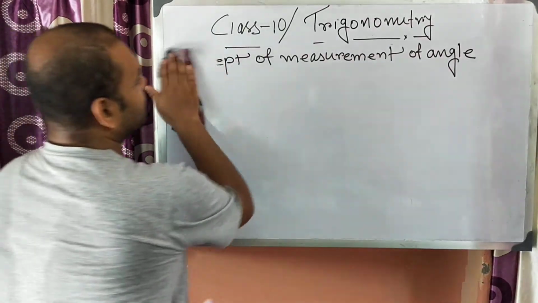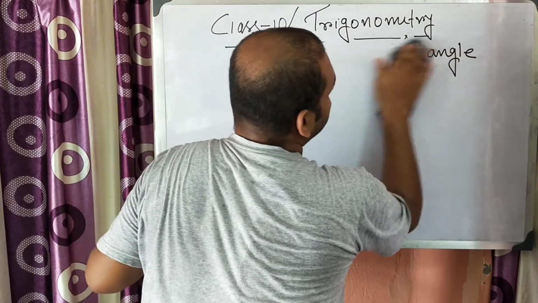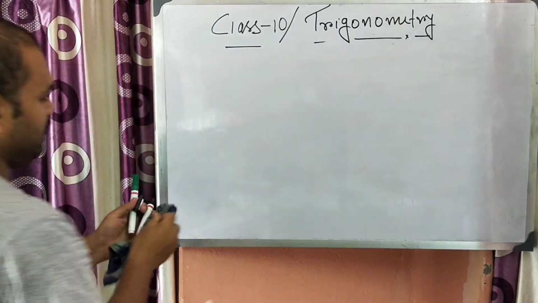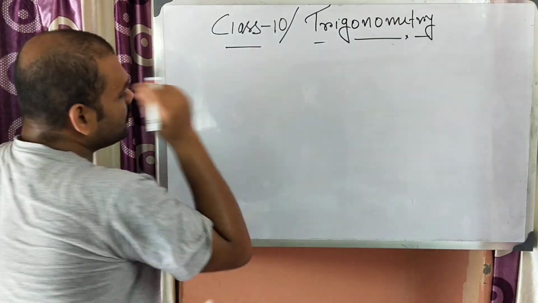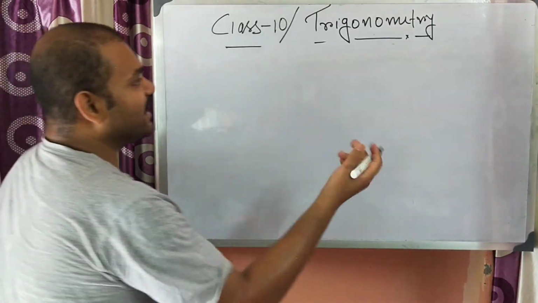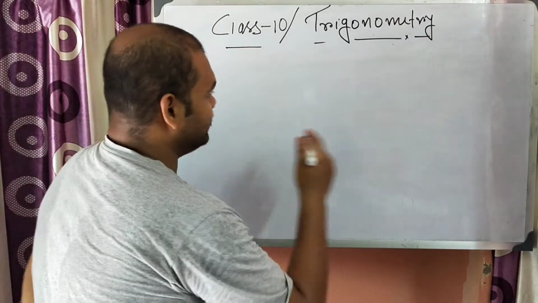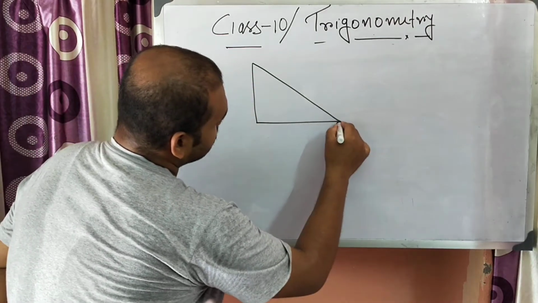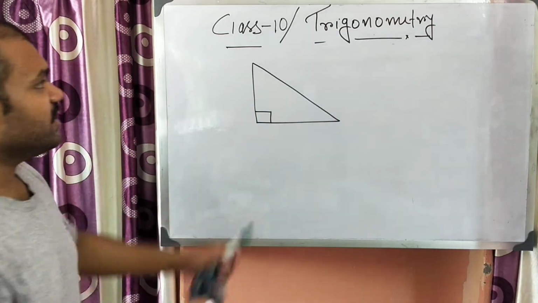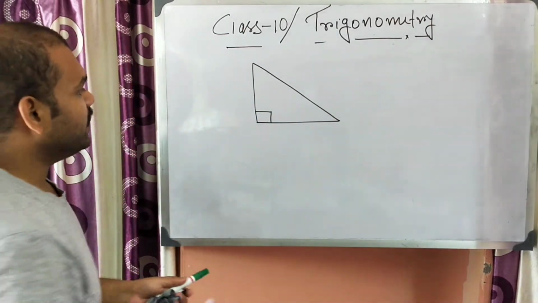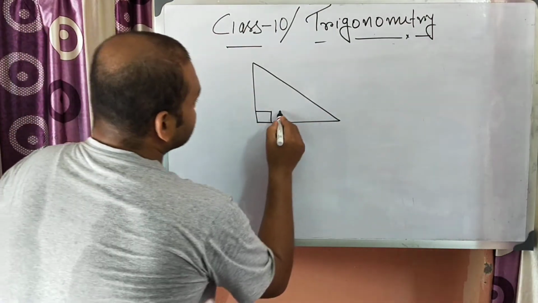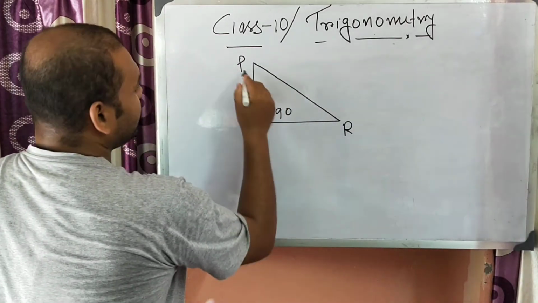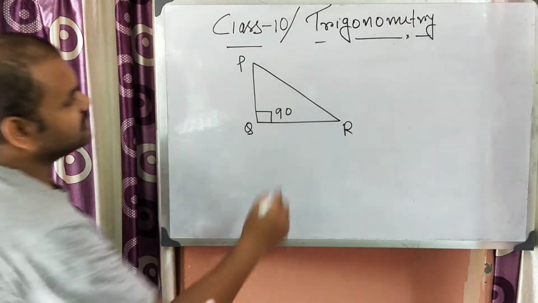Okay, so next chapter, the chapter name is ratio, concept of ratio or relation between the side and the angle. So what is the main relation between the angle and the sides? We need to construct a right angle triangle. Trigonometry generally considers right angle triangles. So in case of a right angle triangle, this is 90 degree, this is P, this is Q, this is R. So PR is the hypotenuse,